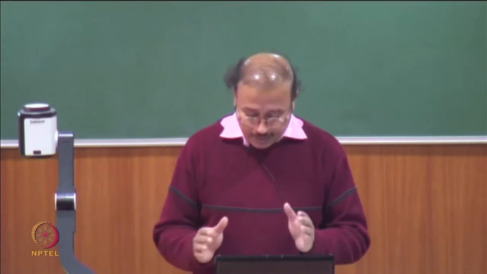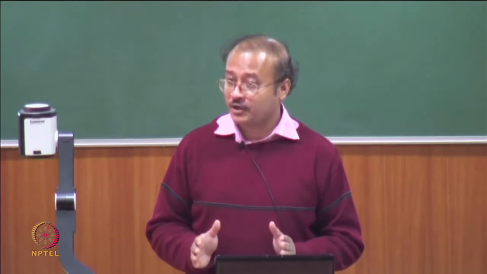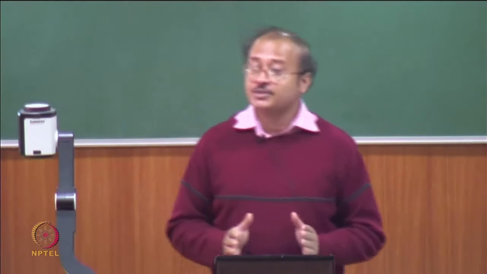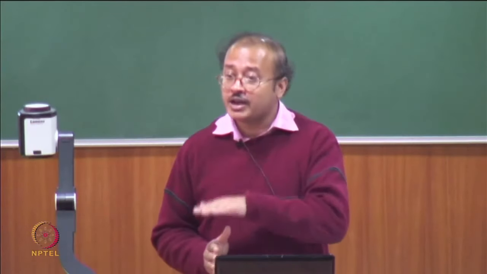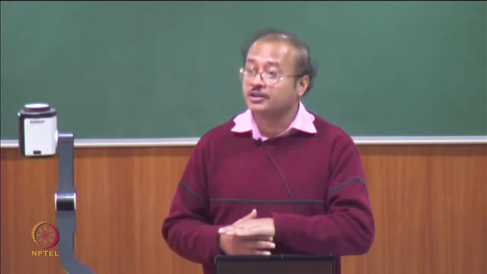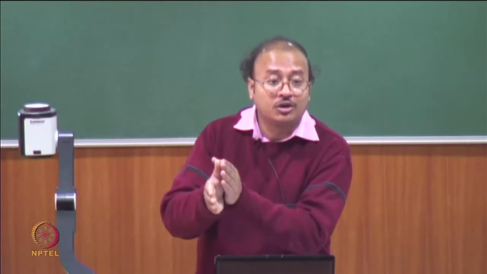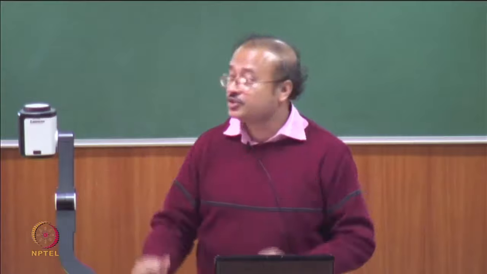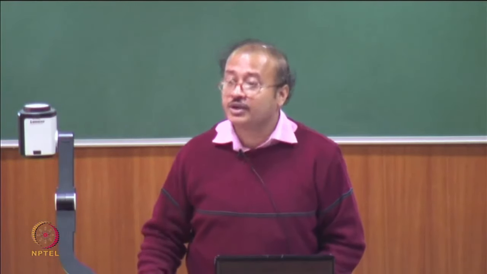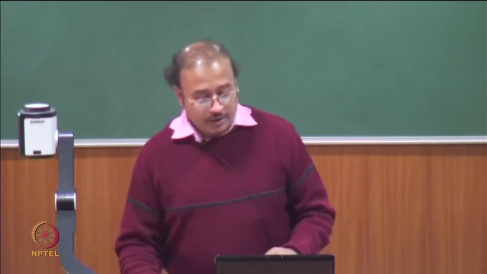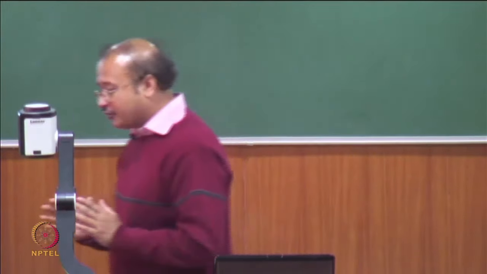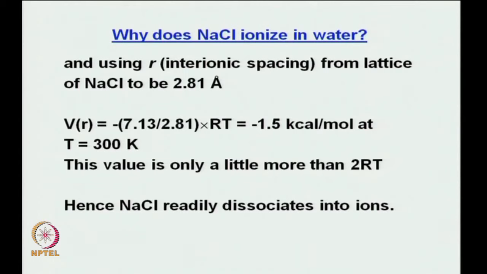When you look at the Gerum length, it already tells you that if my potential energy of interaction is equal to the energy RT, which is the thermal fluctuation that I am putting in, at that point I am very close to easily dissociating or separating the ions from each other. That is the significance of this Gerum length, and that is why this parameter makes so much sense. Now you can understand why. So this is another way of looking at how species or salts dissociate in water.